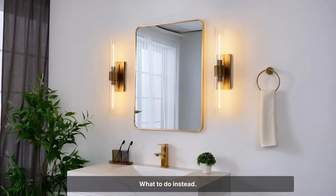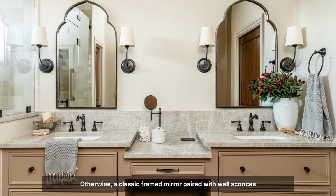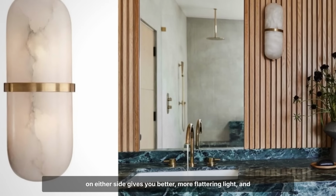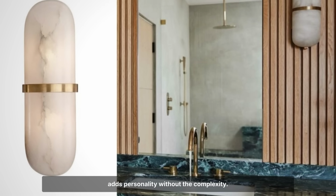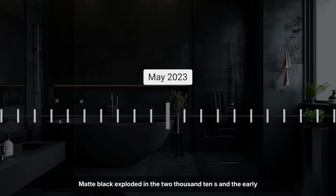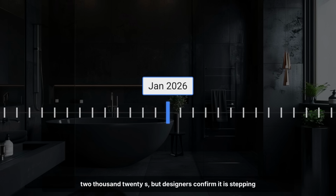What to do instead? If you want tech mirrors, invest in quality. Otherwise, a classic framed mirror paired with wall sconces on either side gives you better, more flattering light, and adds personality without the complexity. Matte black hardware. Matte black exploded in the 2010s and the early 2020s, but designers confirm it is stepping aside